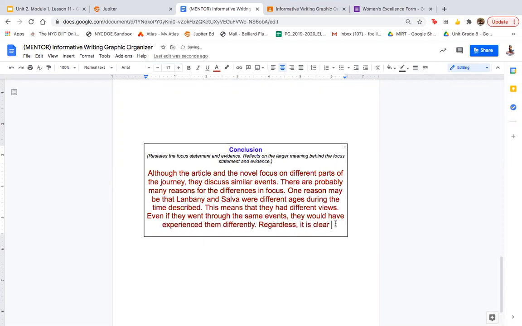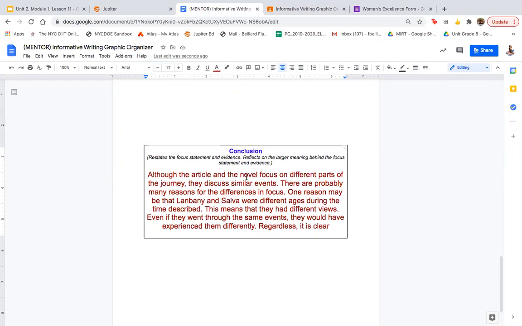And now here is where I'm going to start my larger meaning. Here is where I provided my focus statement. Here is where I dove a little bit into what I was talking about in the whole essay. And now I'm going to the larger meaning. So I'm saying, regardless, it is clear that Park found meaning in historical events. So this is me confirming, of course,